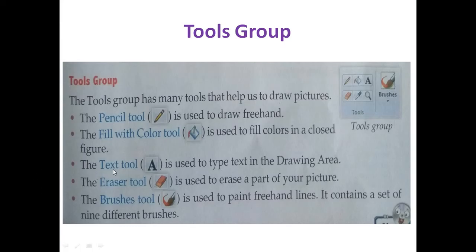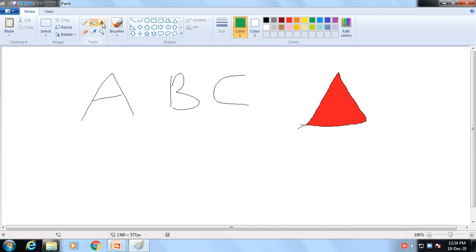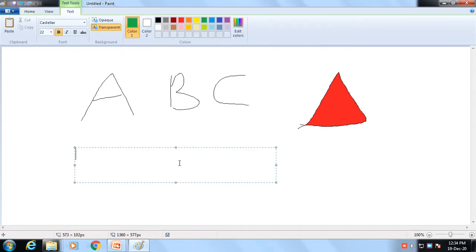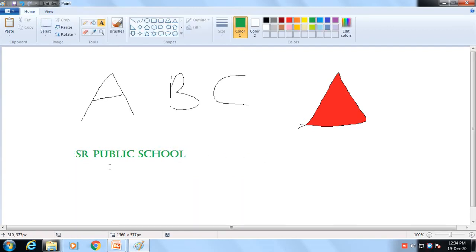Next is text tool. With the help of text tool, we can type text in drawing area. See, this is the text tool. With the help of text tool, we can type any name. Suppose we are typing SR Public School. So in this way you can type text. Fine.